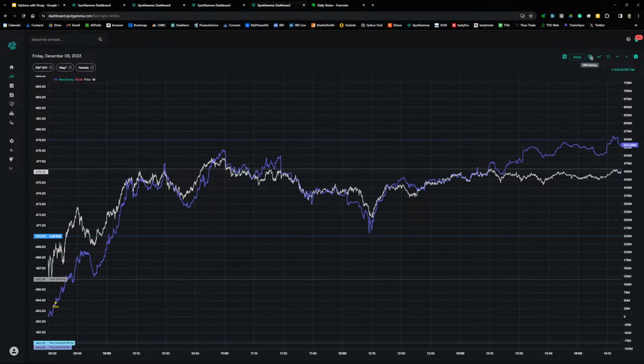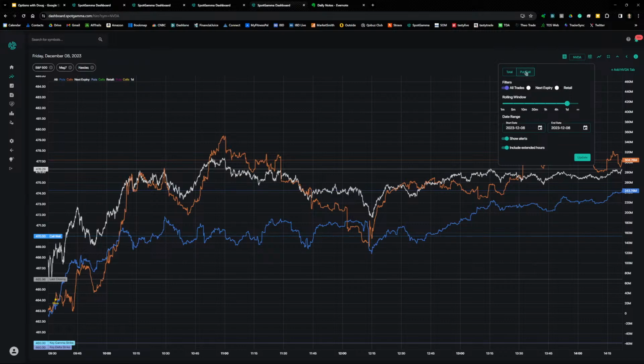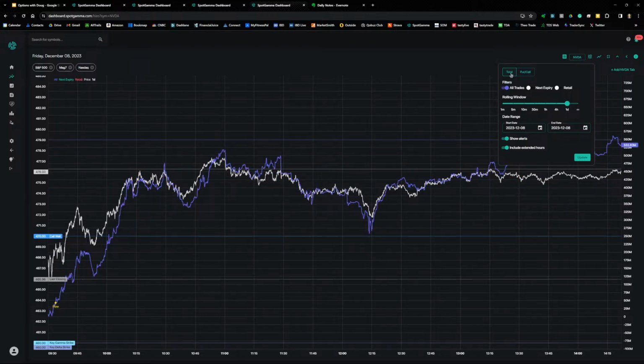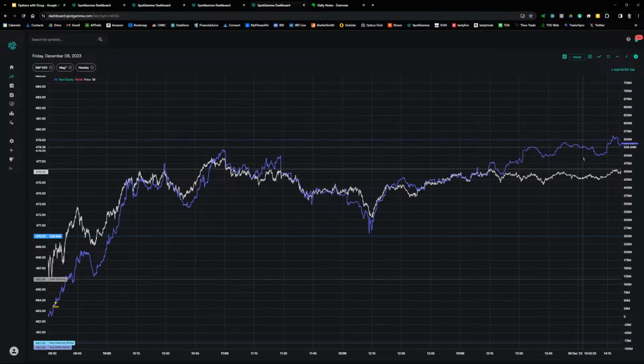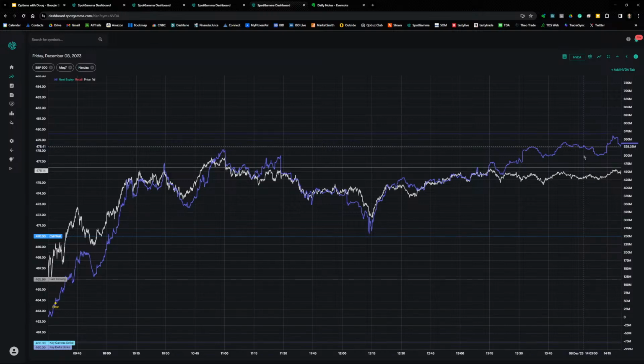Let's just take a quick glance at puts and calls. So traders are buying calls, shown by the rising orange line, positive notional value. They're also selling puts, shown by the rising blue line and the positive notional value. Very bullish day in NVIDIA, a breach of the call wall.